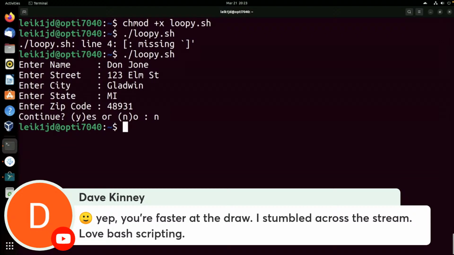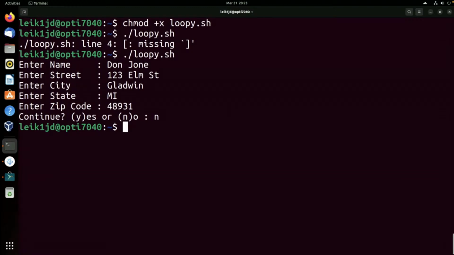Let's see. You're faster at the draw. I stumbled across the stream. Love bash scripting. Well, I'm glad to have you. I've done bash scripting over the years. I've been using Linux for 25 plus years at this point. And I haven't used bash scripting very much in quite some time. So I thought this would be a good topic to explore,